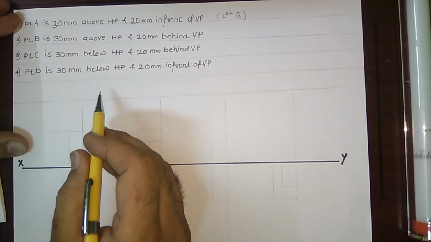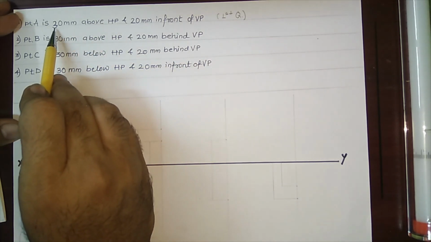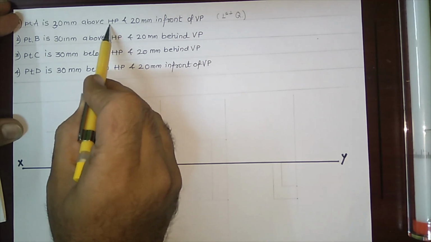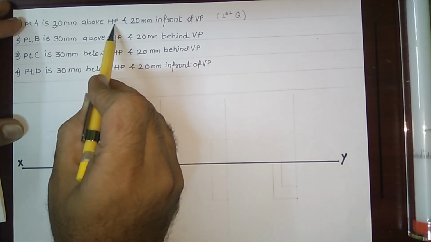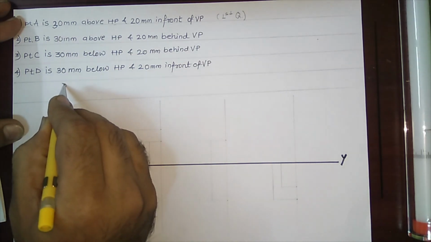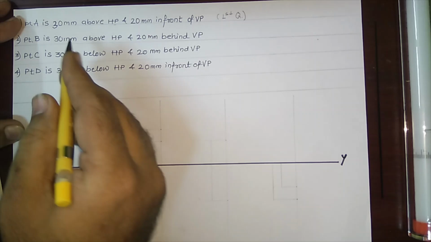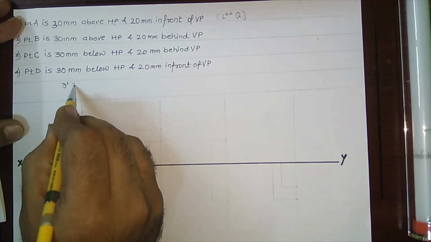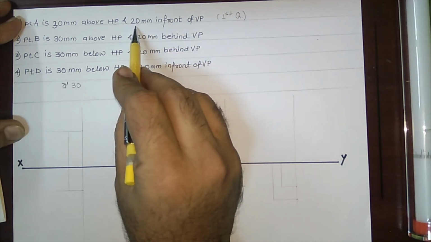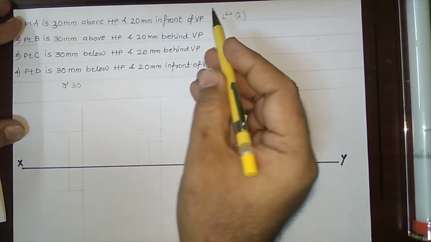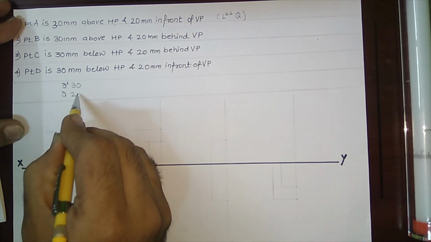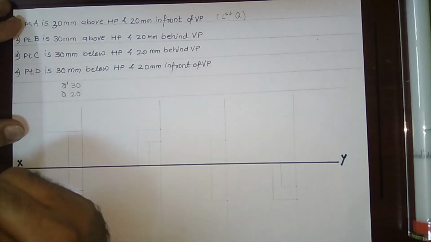Now the first thing is how I am going to write this information in shortcut. First I will say 30 millimeter from HP. If I get the distance from HP, it is related to front view. A point का front view we represent it by letter A dash. कितना दूर है, 30 millimeter. So I will write simply 30. 20 millimeter from VP. VP से distance, top view, it is denoted by letter A. कितना दूर है, 20. Now I will proceed further.